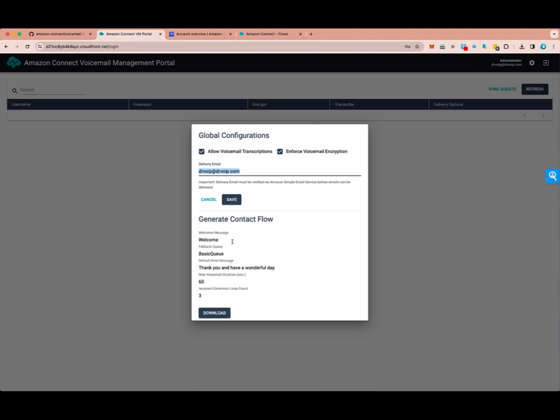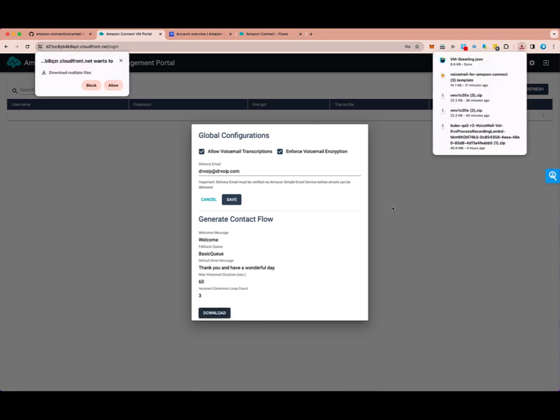The other thing I would point out is there are some sample contact flows here that you can download and import into your Amazon Connect instance. Go ahead and do that because you will need them. And I would recommend that you